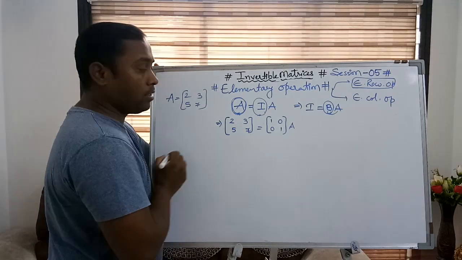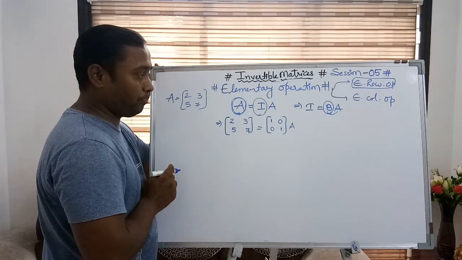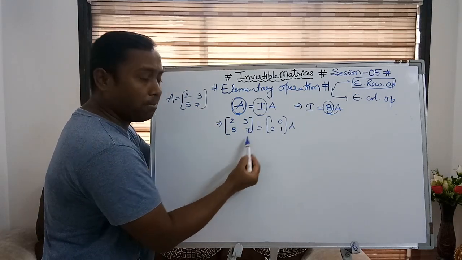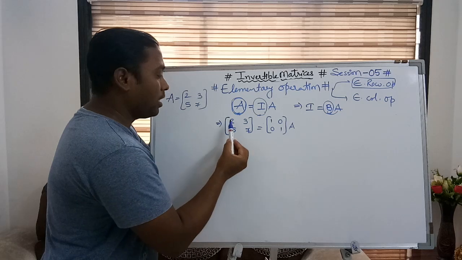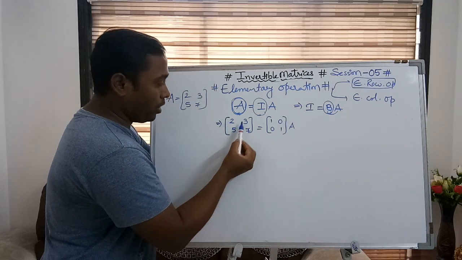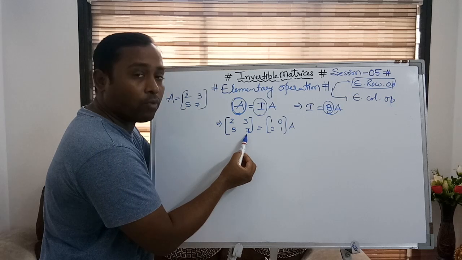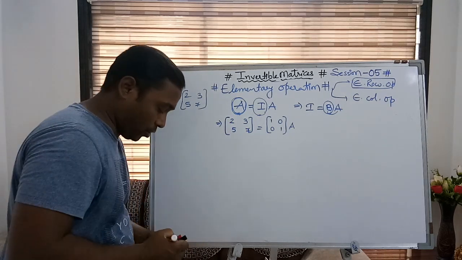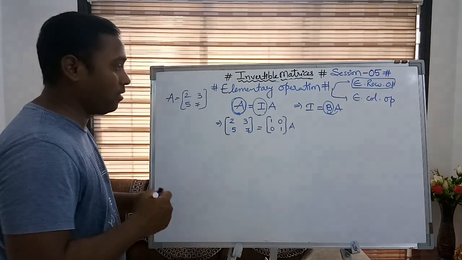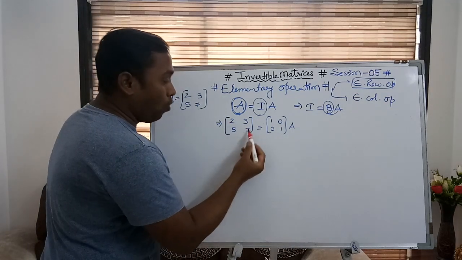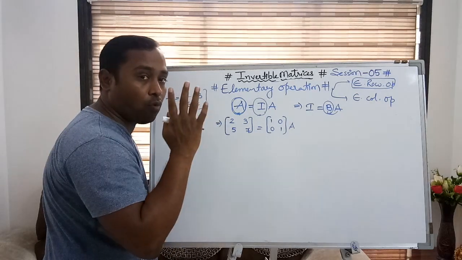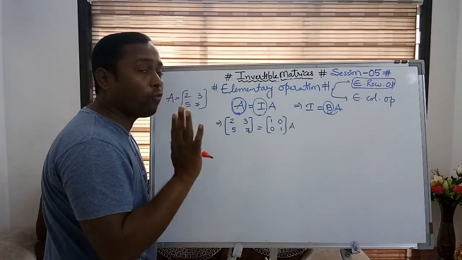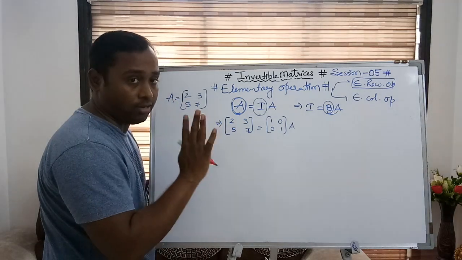Thereafter, what is our agenda? What is our plan, our methodology here? We want to make this an identity matrix. So how can we make it? We require 1 here, 0 here, 0 here and 1 here. To make this, I suggest you follow this technique. Because we have 4 elements to change, it is a solution of at most 4 steps, within which you must get the answer, that is the inverse.